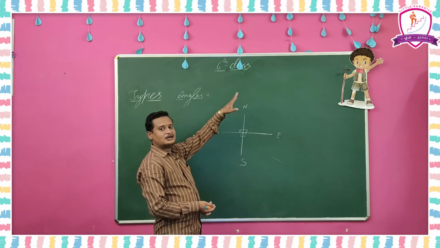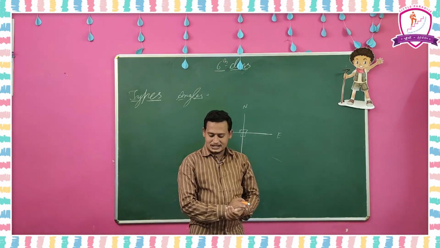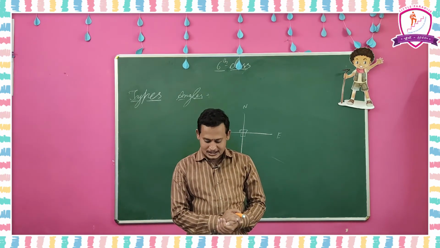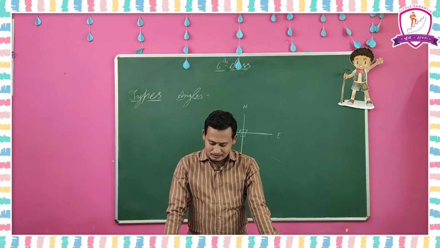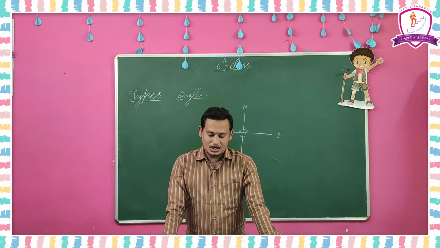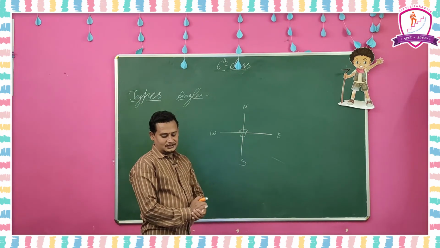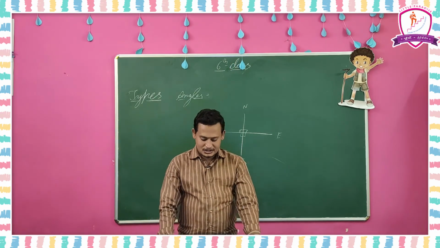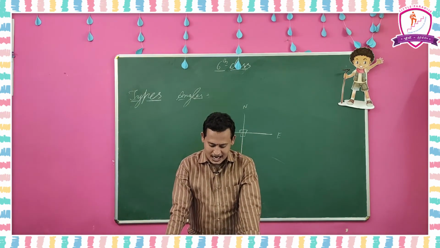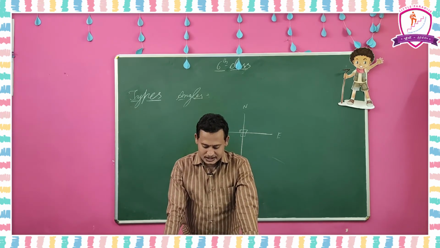Otherwise anti-clockwise means we can complete 1 rotation. Understood? That example is given on page number 79, 15th example. How many right angles do you make if you start facing the south and turn clockwise to the west? Clockwise means 3 right angles we have to complete. That is the question given. In the 16th question also you can observe, where will the hour hand of the clock stop if it starts from 6 and turns through 1 right angle?